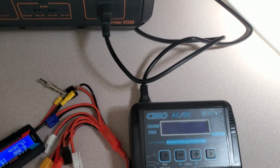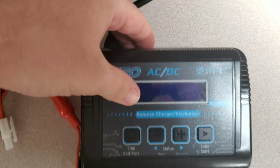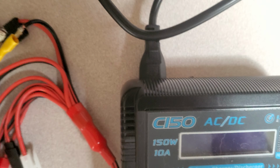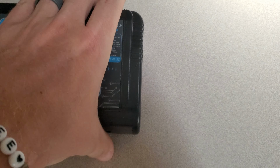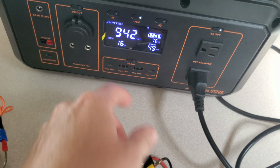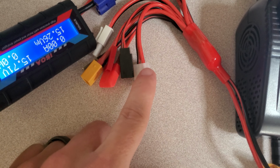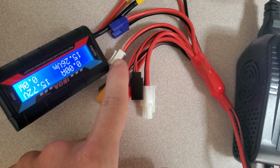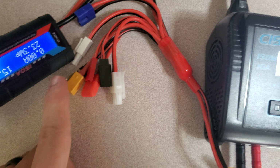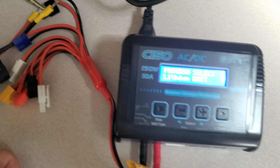And what I use is a C150. It goes by lots of names on Amazon, but you can power it by AC, or it actually has DC power, but I forgot that adapter for my solar generator. And it also comes with many different plugs that you can use. And of course I forgot my XT60 connector to charge my batteries with, so kind of had to make a